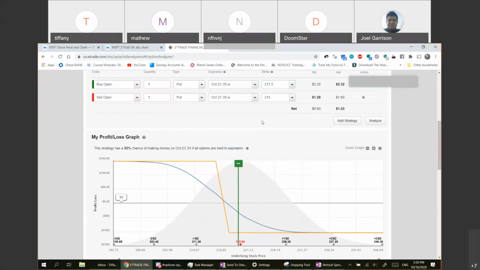Usually what I do is, if the contract price goes up 50% or down 50%, that's when I start realizing that I need